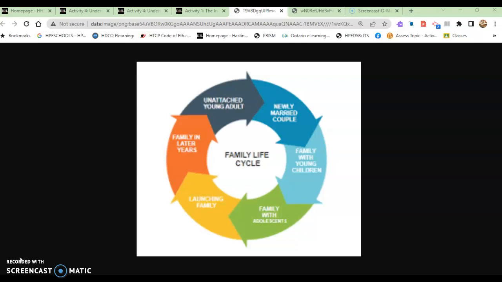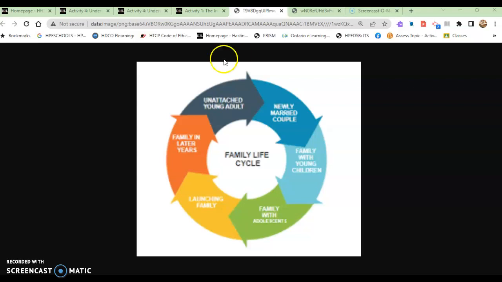Once we understand some of the basic forms and ways in which we analyze behaviors, then we move into studying specific content. The way that this course is organized is based on the family life cycle. The family life cycle is, in fact, a cycle, so it moves round and round and round. When we have a family with children, eventually those children are going to do what's called launching, and they will become an unattached young adult. And they could therefore move through their family life cycle. This is how generation after generation of families is created.